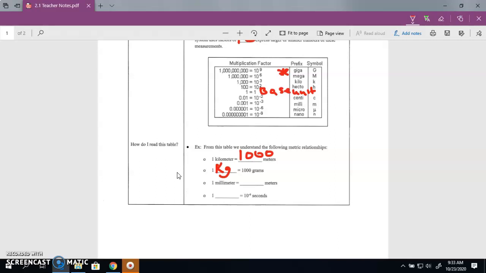Okay, if we want to relate millimeters to meters, we could say that 1 millimeter, which is a pretty small unit of measurement, a small fraction of a meter stick, would be 10 to the minus 3 meters, because if you go up here and take a look at milli, it says 10 to the minus 3. So 1 millimeter, 10 to the minus 3 meters. Okay, and then finally, if we want to relate seconds, like 10 to the minus 6 seconds, to the number 1, it would be 1